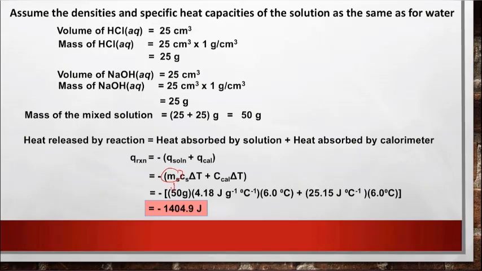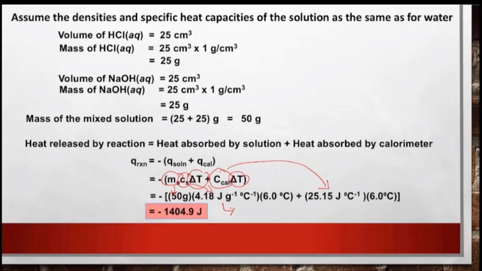M is the mass of solution, Cs is the specific heat capacity of the solution, C cal is the heat capacity of the calorimeter, and delta T is the temperature change that has been calculated before. Remember, we assume that the solution has the same specific heat capacity as water. That's why we are using 4.18 joule per gram per degree Celsius. Then just multiply everything together, so you should get the heat released in this reaction is negative